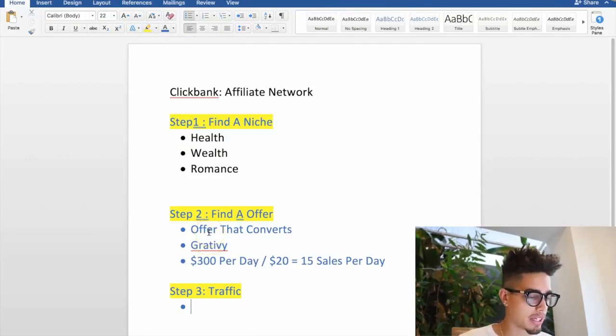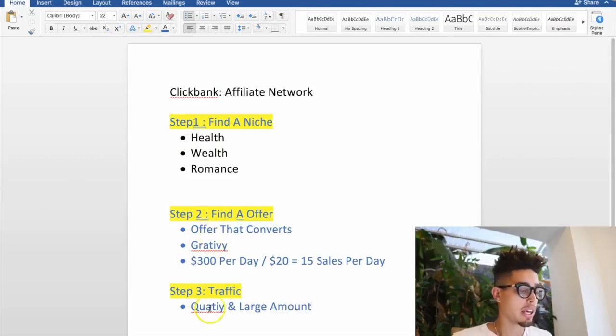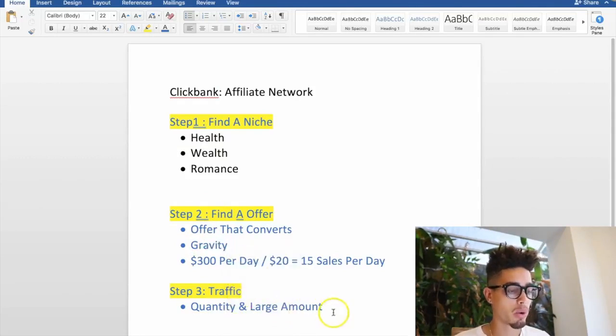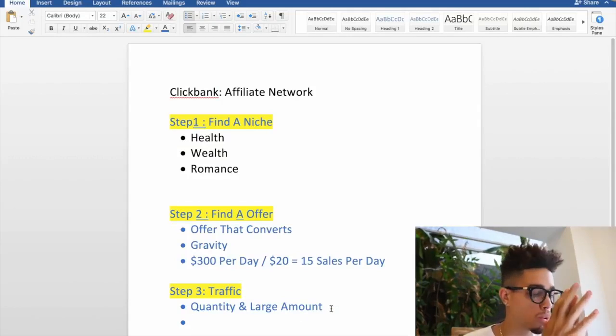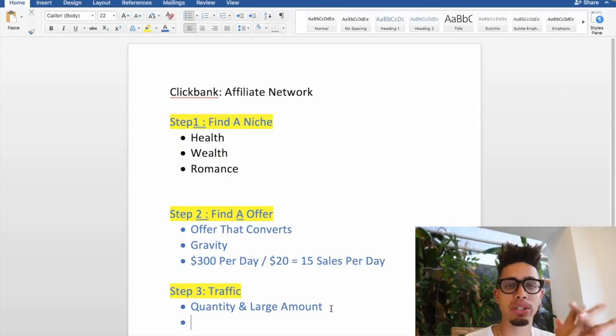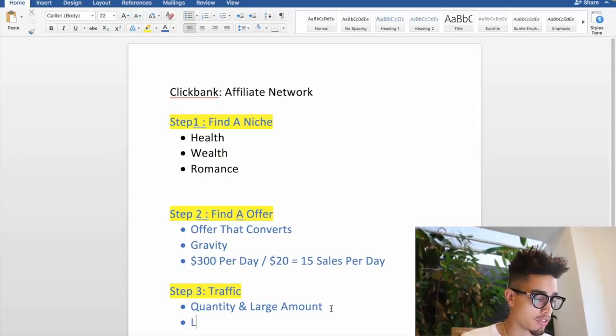The thing about traffic is you want quality and a large amount. Here's what most people aren't going to tell you, and I'm not here to lie to you: the only way to get to $300 per day, because if you're getting 15 sales per day, you need a large volume of traffic, is a large following